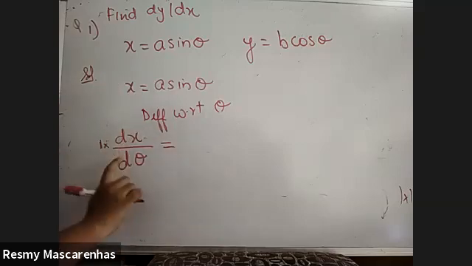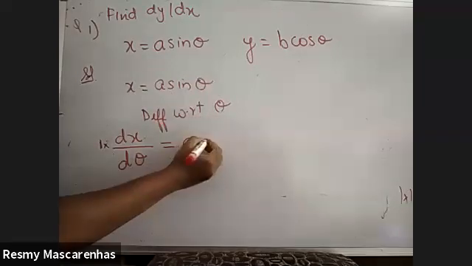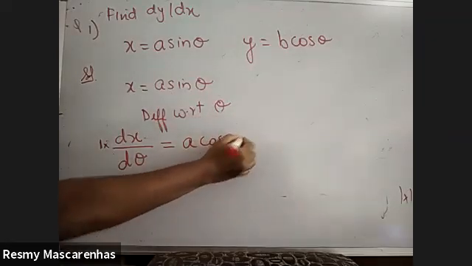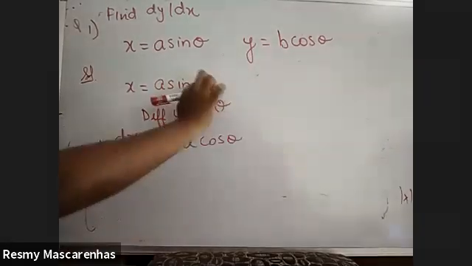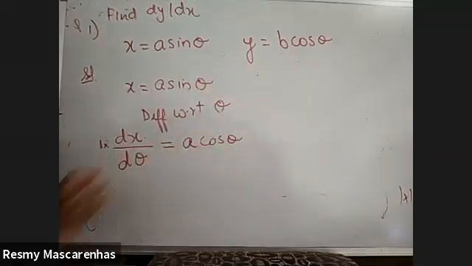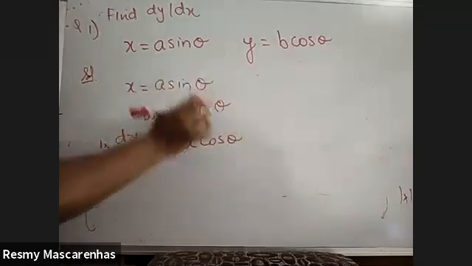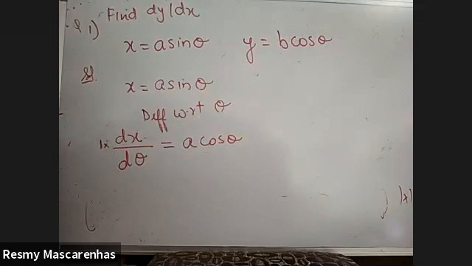How you used to write dy by dx like that? A is anyways coefficient. Now derivative of sine theta will be straight away cos theta. Nothing to write extra because theta and theta are matching. Do not take any extra derivative. So instead of x it is now theta. So straight away sine theta will be cos theta. So this is the answer. So dx upon d theta is nothing but a cos theta.